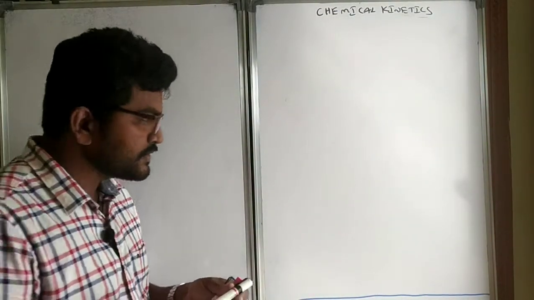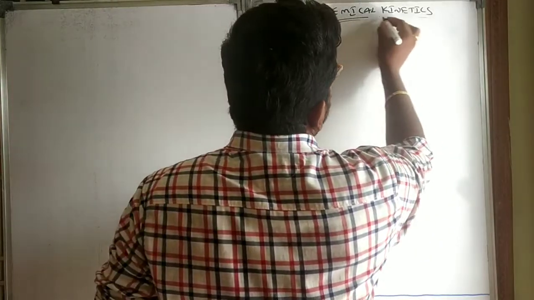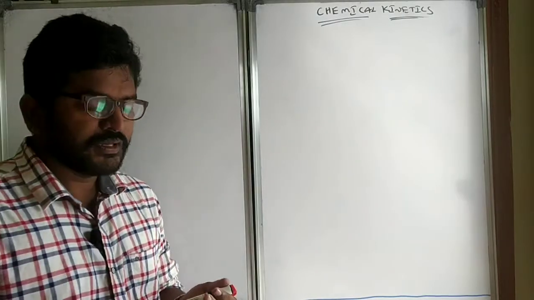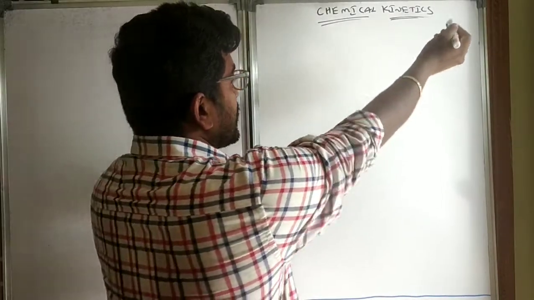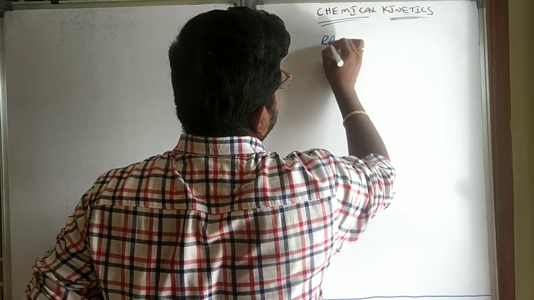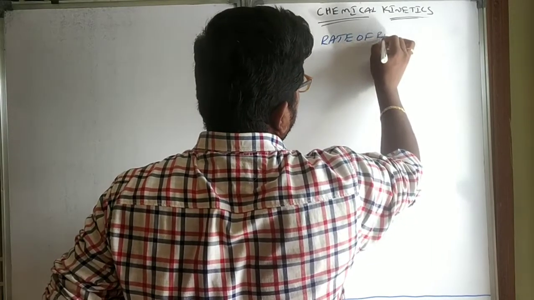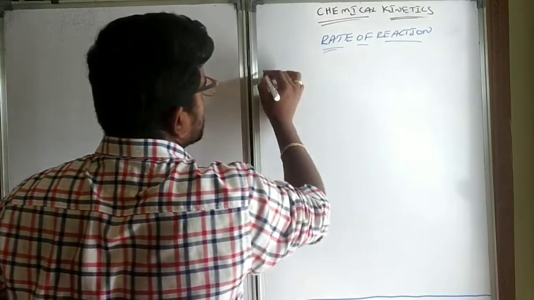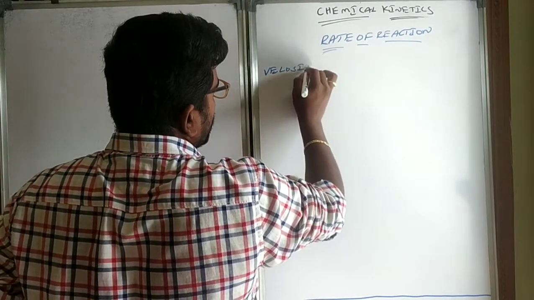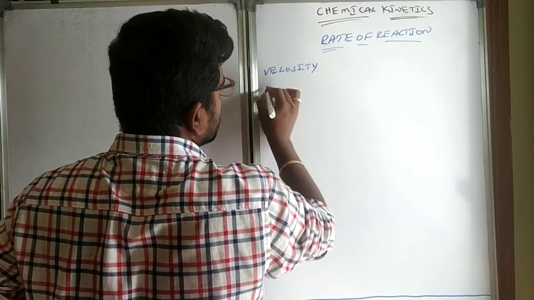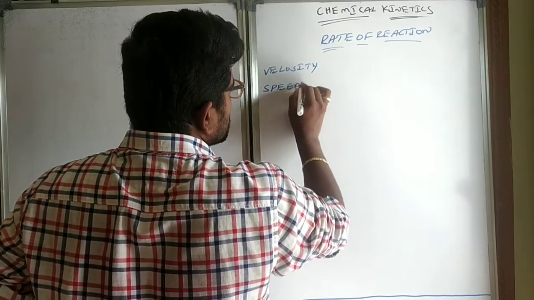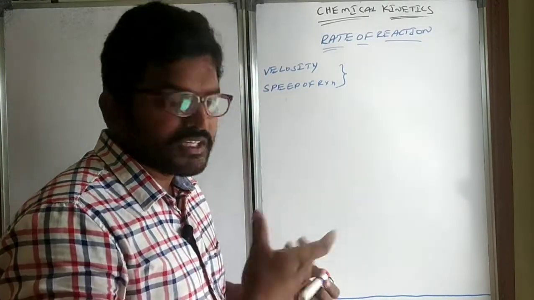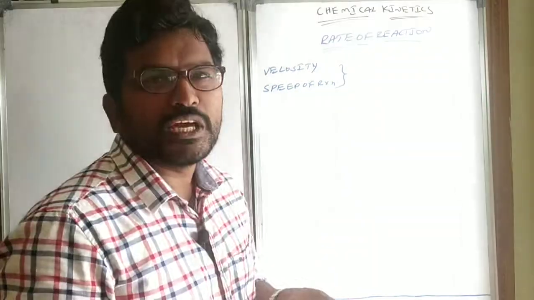Let us move into it. Chemical kinetics. In this, let us discuss the rate of reaction. Basically, rate of reaction is nothing but the velocity of reaction or speed of reaction. You know very well, whenever there is a car or motorbike or any lorry,